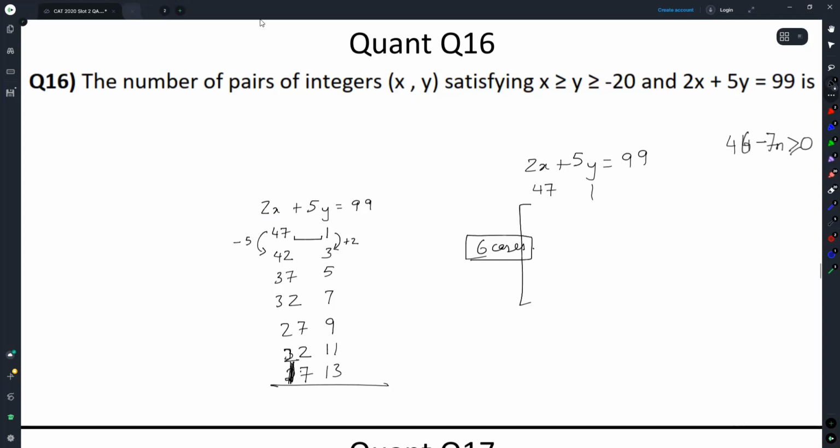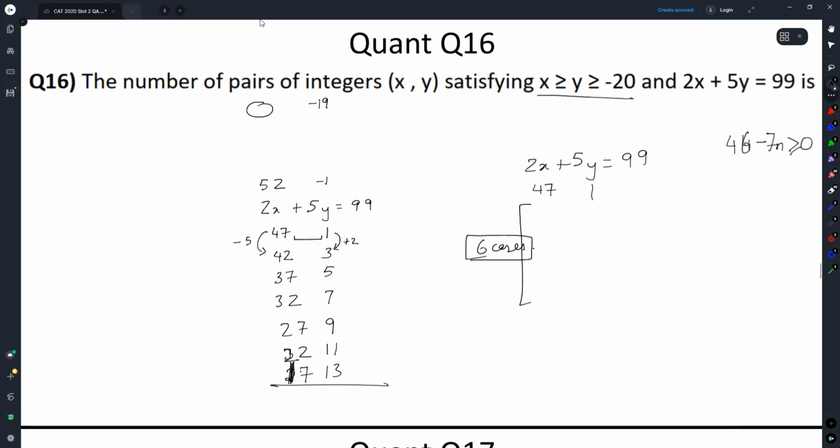Now, when you work backwards, even here, can you see minus 1, 52? X is going back very simply. And as X is increasing, Y is decreasing. So this condition will get continued up until this point.